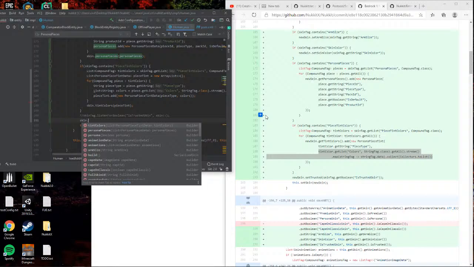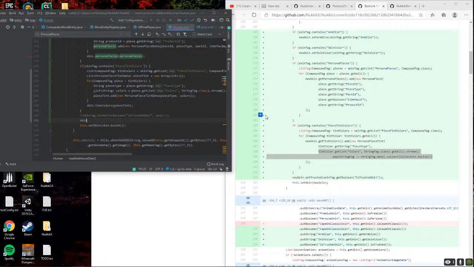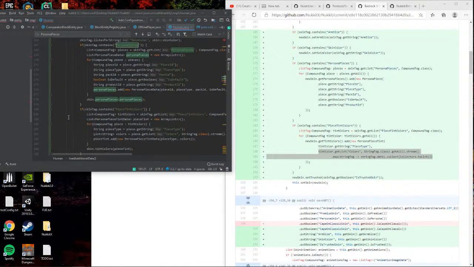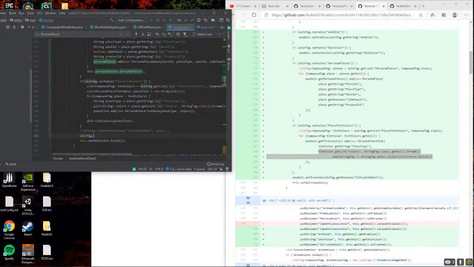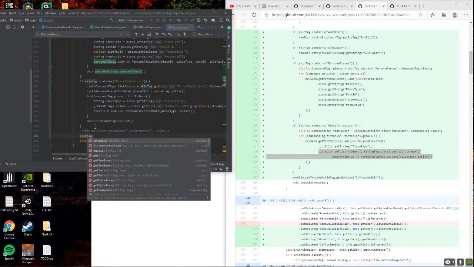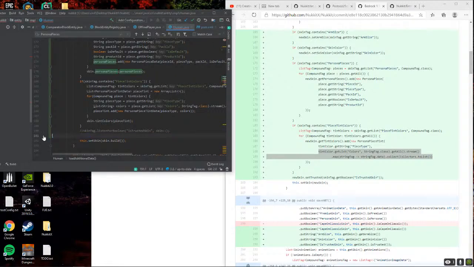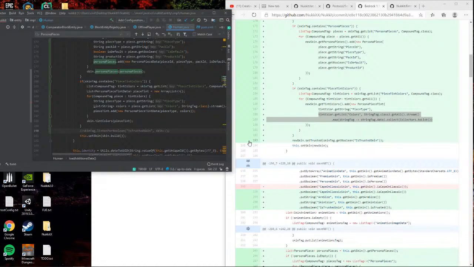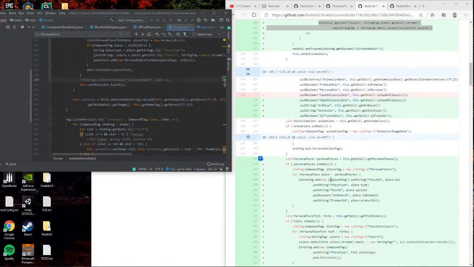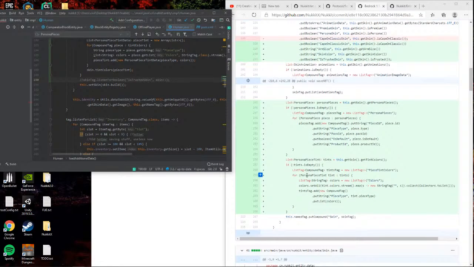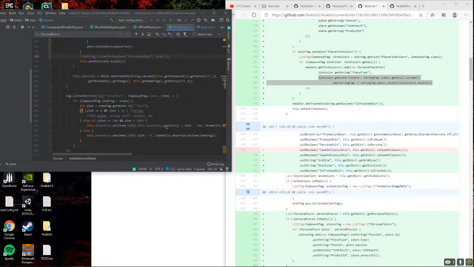Skin dot set tag dot set, nope, doesn't contain it. Alright, so that was a big pain in the ass, but